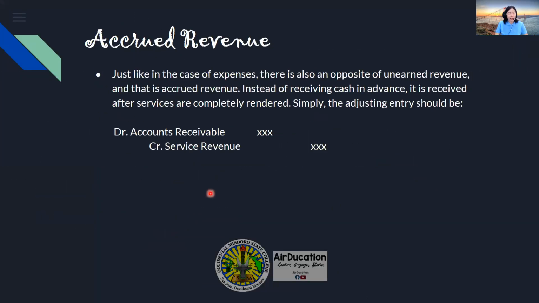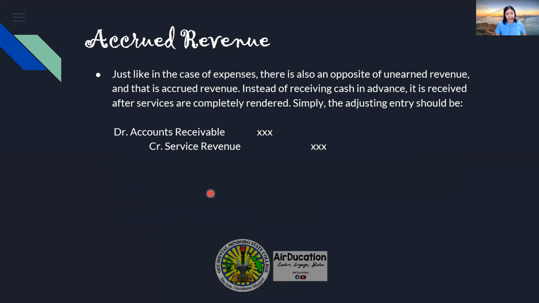Accrued revenue, the last one for this topic. Kapag sinabi mo namang accrued revenue, opposite siya ng unearned. Okay? Instead of receiving cash in advance, it is received after services are completely rendered. So para ka lang nag-record ng pautang, no? Para ka lang nag-record ng pautang or para ka lang nag-record ng services na na-render mo na wala